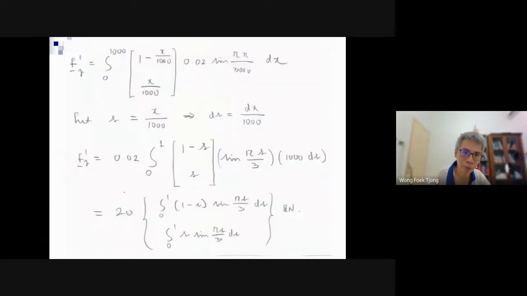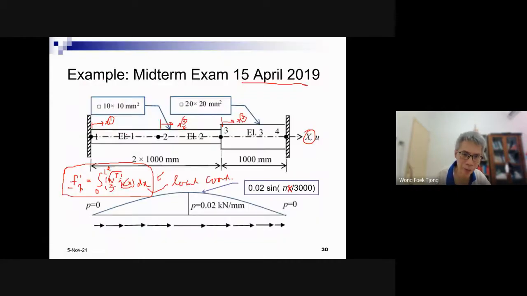So for element number 1, the equivalent force due to the axial distributed force is the integration from 0. Let's see the local coordinate system. For element number 1 it is this, and this little x coincides with the global x. So no problem, we can just copy this formula, okay?